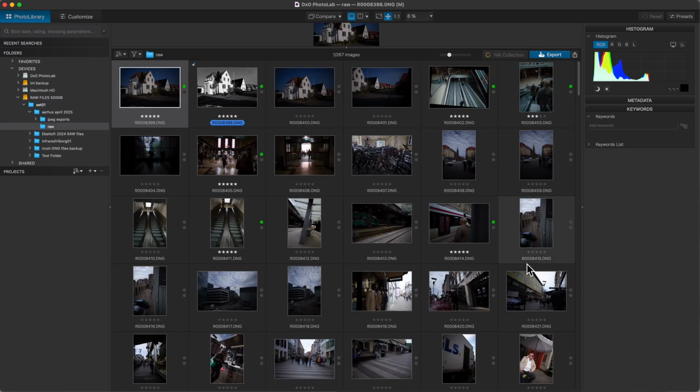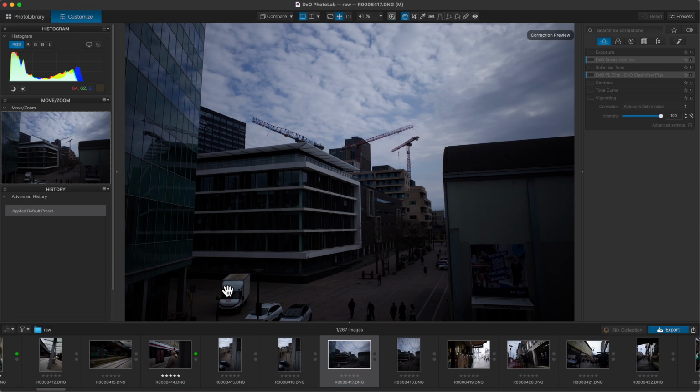So we look at the raw folder here, and we are in photo library mode here. It does not have a monolithic database, but it does create sidecar files, and so of course it is non-destructive editing. We'll take a look at this file here, and double clicking on the file puts you straight over into